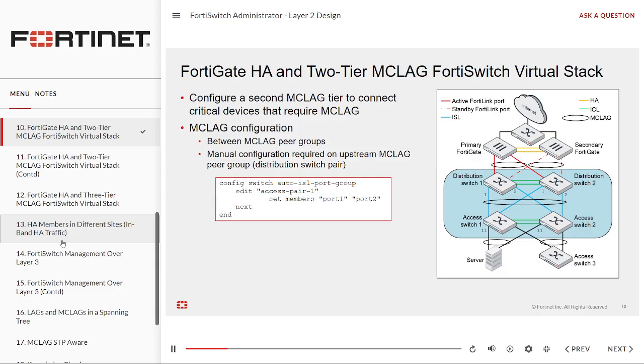Usually, MC lag trunks automatically form after you connect FortiSwitch devices together and enable MC lag ICL on the MC lag peers. But, when you connect 2 pairs of MC lag peer groups, on the upstream MC lag peer group, the one closer to FortiGate, you must configure the ports that connect to the downstream MC lag peer group. Based on the topology shown on this slide, if you want to use MC lag trunks between the MC lag peer group formed by the distribution switch pair and the MC lag peer group formed by the access switch pair located just below, then, on the distribution switches, you must configure the ports that connect to